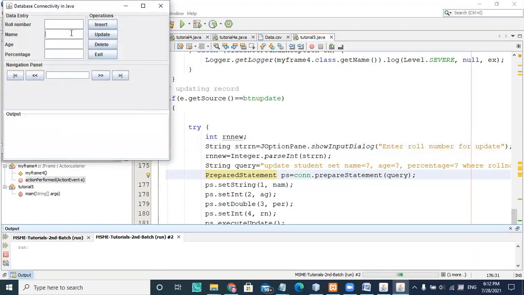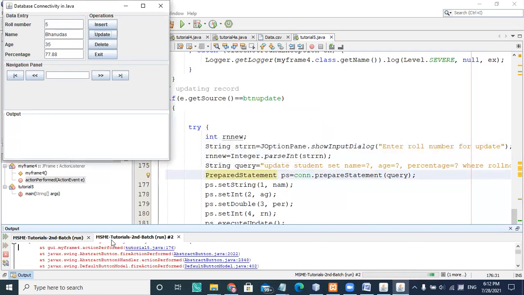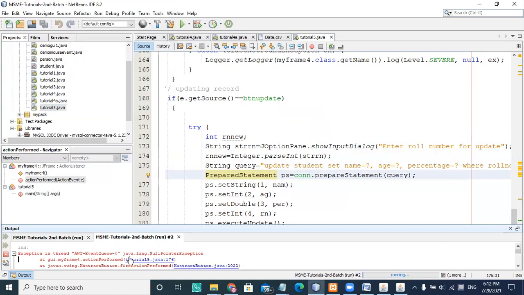So I'm choosing a Ganda, some number here, then age 34, and percentage 77.80. I'm updating the record, using 5 here and clicking on OK. Still, it is giving me an error, that is null pointer exception.